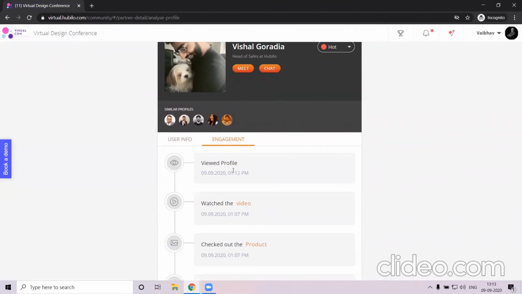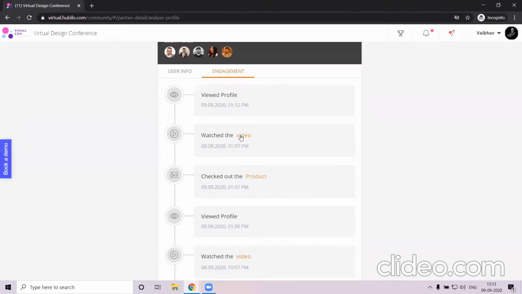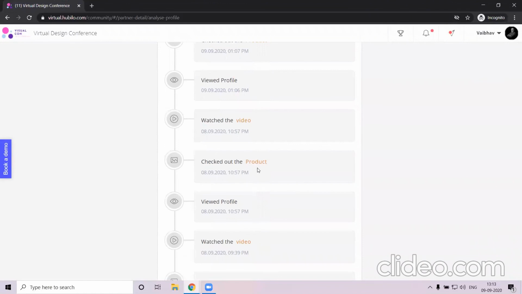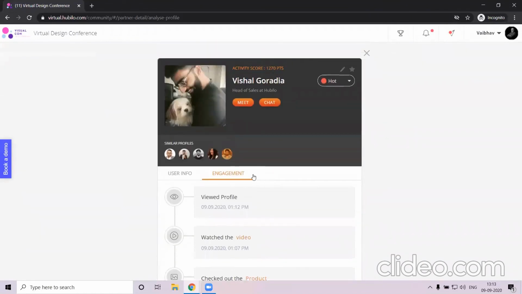I'm able to see, okay, this is their profile. They watched this one particular video. They checked out these 3 product photos. They had a chat with these team members, something along those lines. So that you are able to see as an exhibitor just how interested and just how active a person was on their page. And they have the ability to categorize these attendees into hot, warm, and cold leads as well.